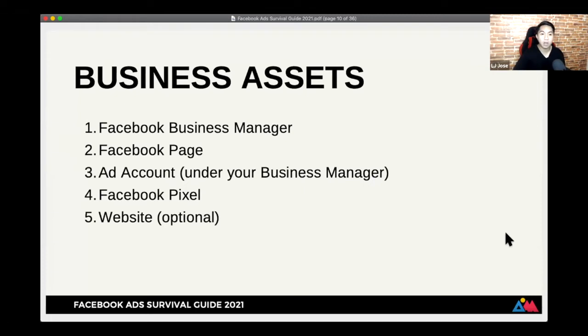And number four is the Facebook Pixel. So Facebook Pixel is what we use for tracking of people and users' actions on your website. Number five is a website, but it's optional. Okay, hindi naman lahat ng businesses or even, especially locally, ay gumagamit ng website. Some are using just their Facebook page to conduct their business and Facebook ads as well.